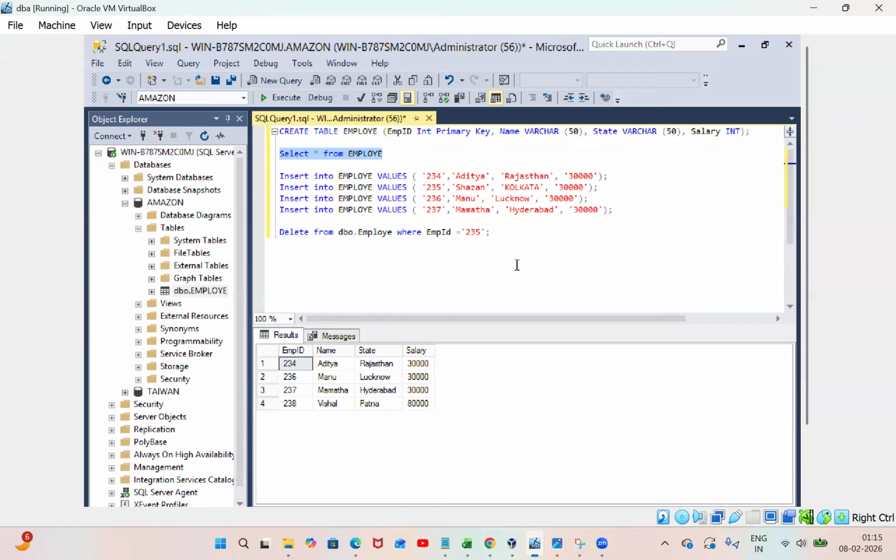So if we want to delete a column, basically we can't delete a column in the table. We need to drop a column in the table if you want. So how can we? We need to alter table, dbo employee, then drop column. Which column do you want to remove? Suppose I want to remove the column of salary. So let's say salary,